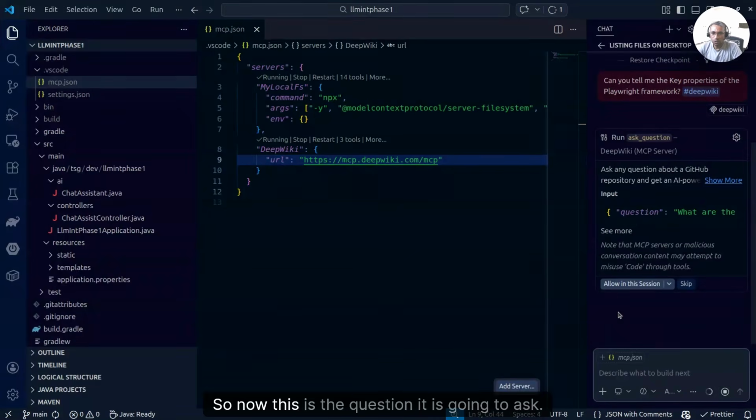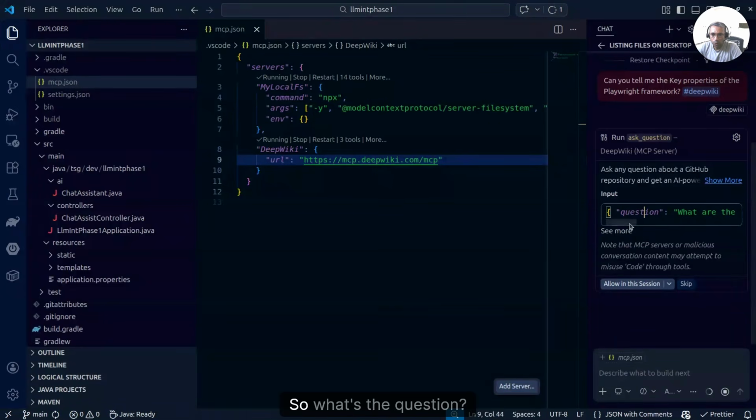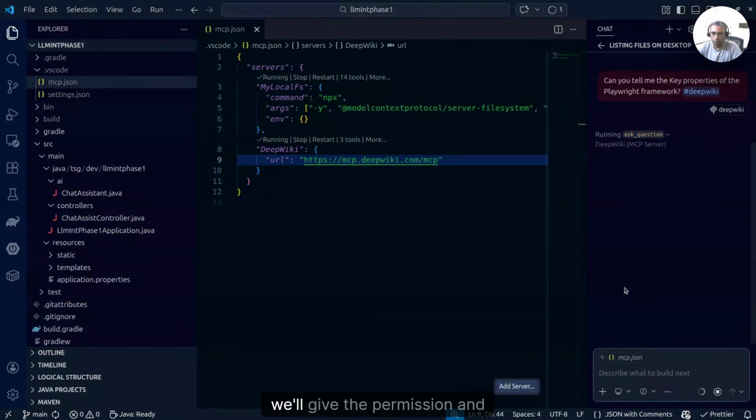Now this is the question it is going to ask. What are the key properties of the Playwright framework, and the repository name is Microsoft Playwright. And it is asking our permission. Yes, we'll give the permission. And see, it is using the ask question tool that is available here. So now it is running. Let's see, it should give the information from